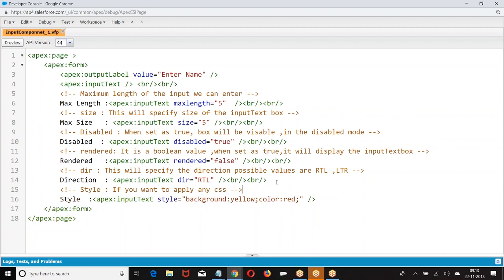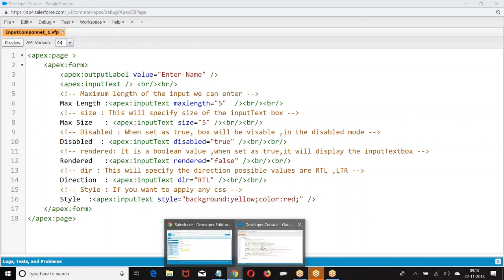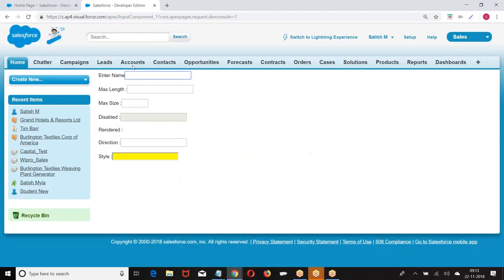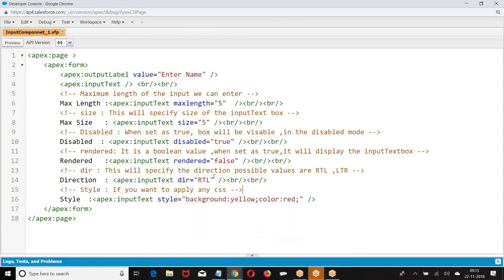I hope you are good with this. So basically we are trying to create an input text box. Depending upon the properties, different styles of text boxes are displayed. So output label, input text. Does anyone have any query at this level? Was that clear?